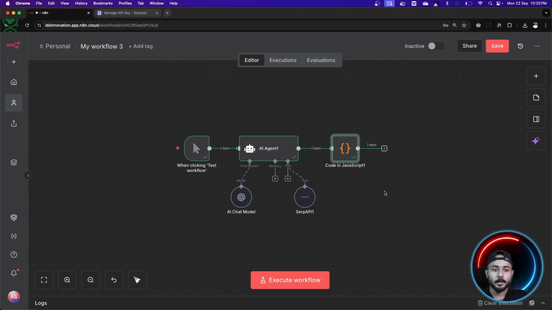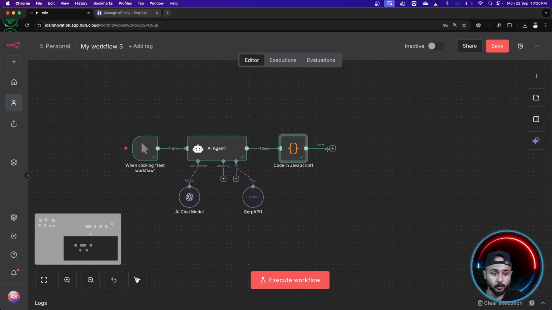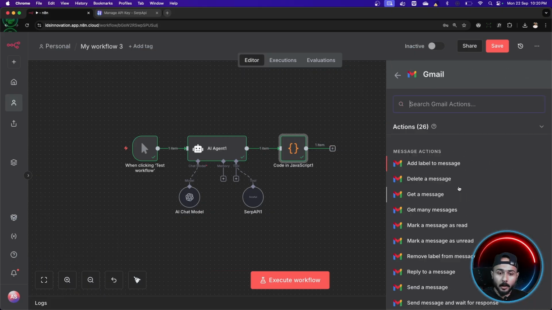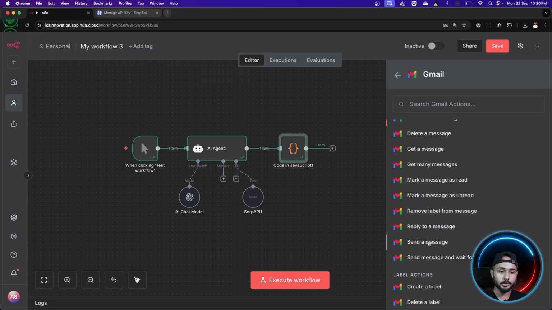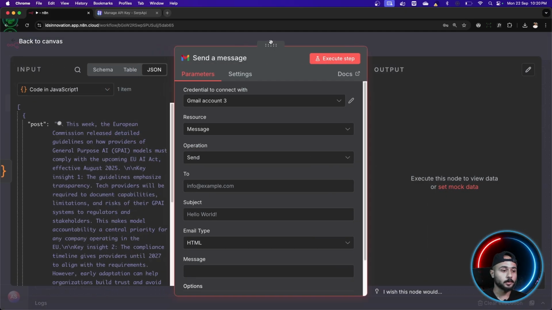So how to do that, right? And if by chance I approve it, then I'm going to save that to a sheet. So that's the flow which is still left, and that's what we're going to create now. Okay, so let's have a new node here, which is Gmail, and it will be send a message. Okay, this is the node which we're going to use, send a message.